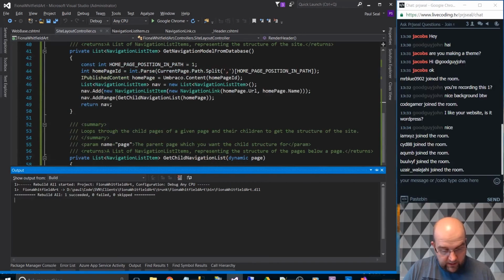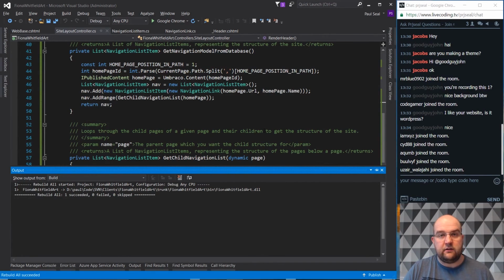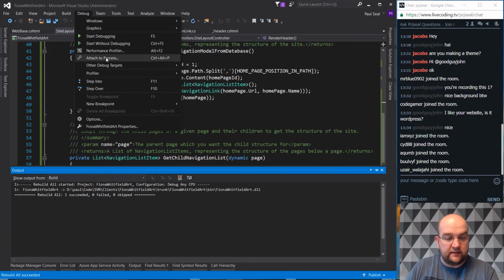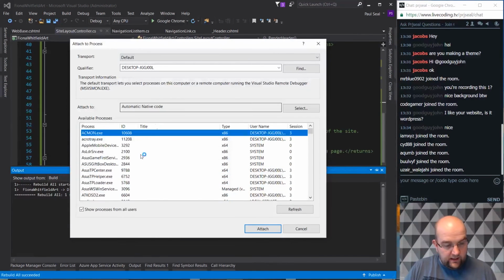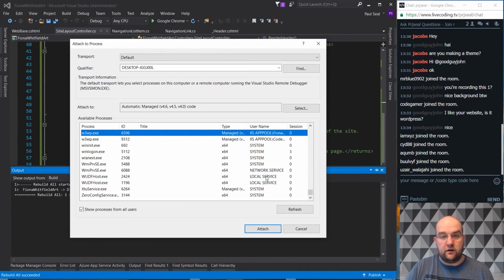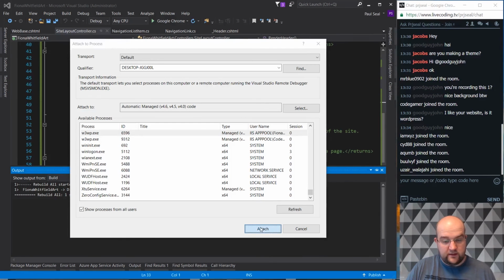With the way I'm working with IIS, the way I've got the site created in there rather than using local IIS, I don't know if you've noticed, but I haven't been running the site by clicking on the run button. I'm actually using the site as if it was hosted. So the way I debug with that sort of site is attach to process, and then I make sure I've got show processes from all users, I press W to get me down to this. This is the process name that I need, and then I choose the right app pool. So this is Fiona Whitfield Art as the app pool that I need to use. So I attach to that process,